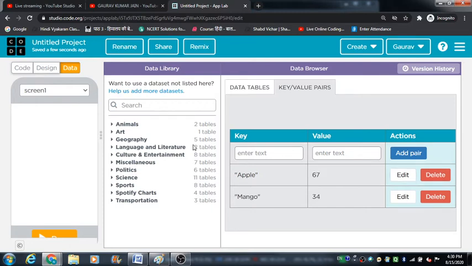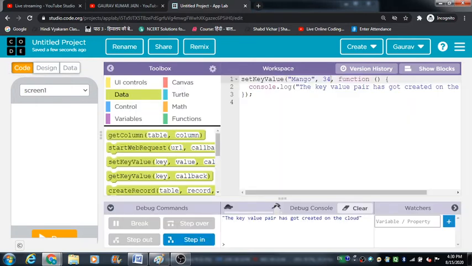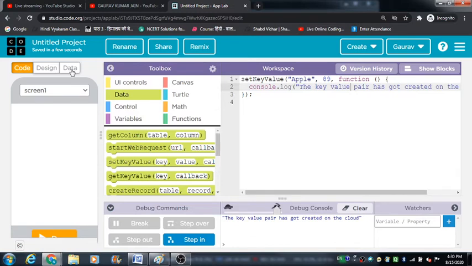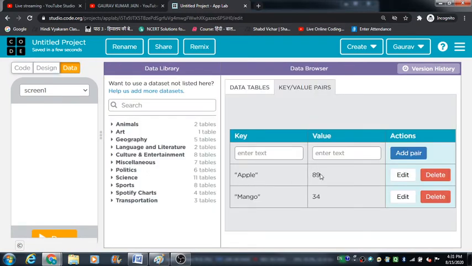And if you want to do it through coding, you can change this key to apple first, and whatever value you want to give to this key, you can give that value. Let us give it 89 and see what is going to happen to this key. So when I come on this data tab, the value has got updated to 89.